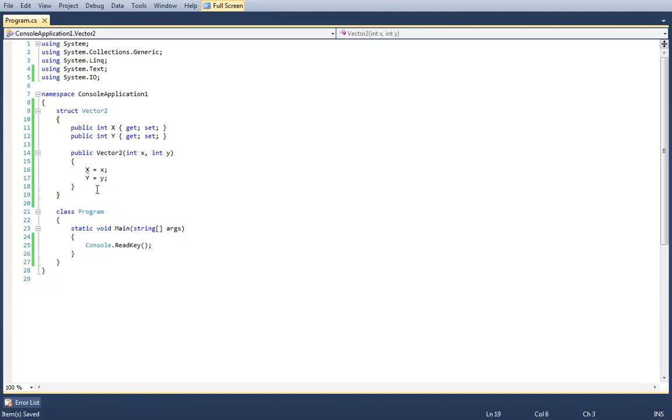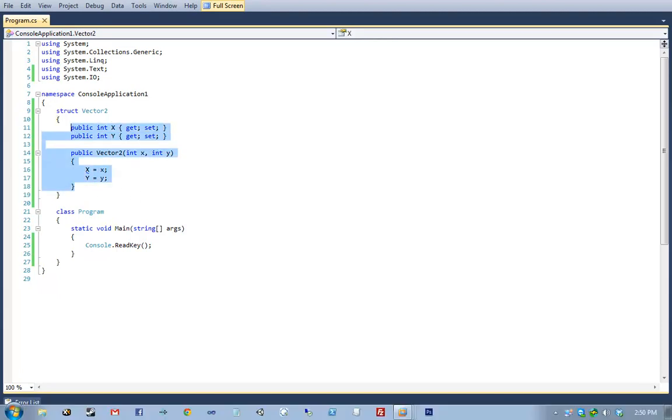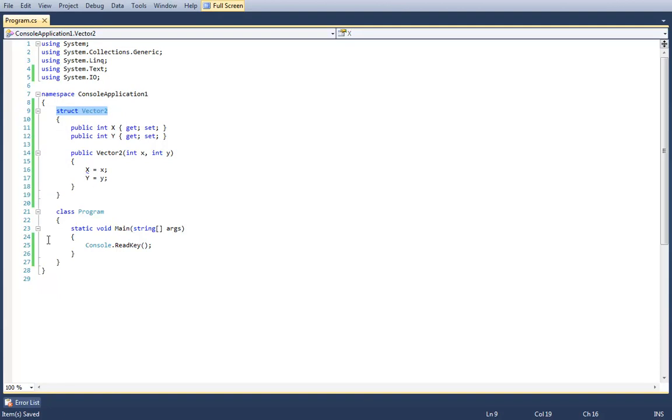But in C#, because we have to specify every accessibility modifier directly on a per-member basis, it's not going to make a difference. As far as the struct or the class itself is concerned, both of these will be marked as internal. Internal is like public, except once you start talking about other assemblies.